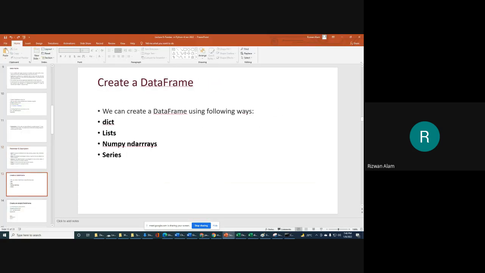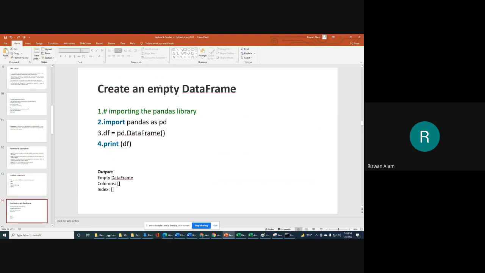Next, we can create a data frame using a dictionary, lists, numpy arrays, or even a series. We will see one by one.